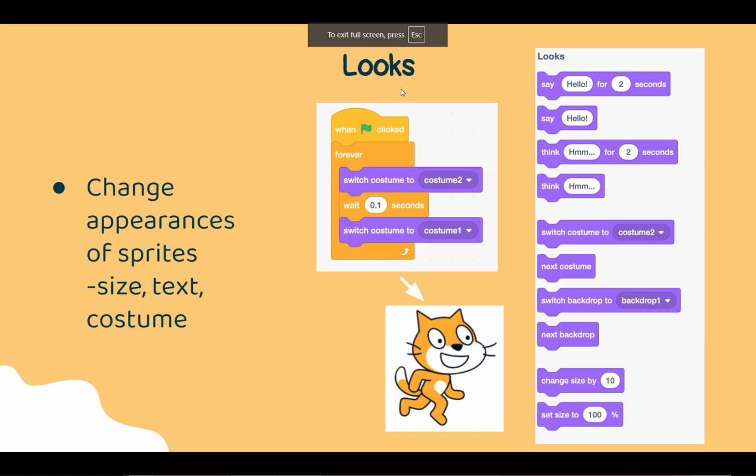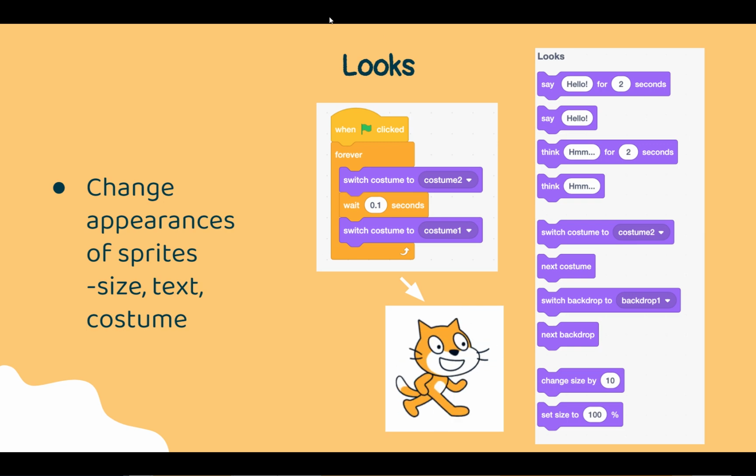Now moving on to looks, these basically allow us to change the way a sprite looks, like the name. So these are purple, and basically they allow us to change the appearance of a sprite, things like the size, the text, and the costume. We'll go over the costume. That's basically each sprite can put on a different costume,